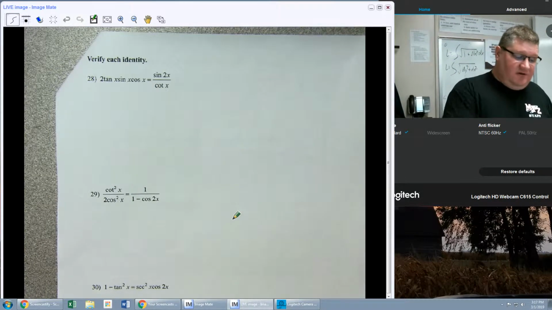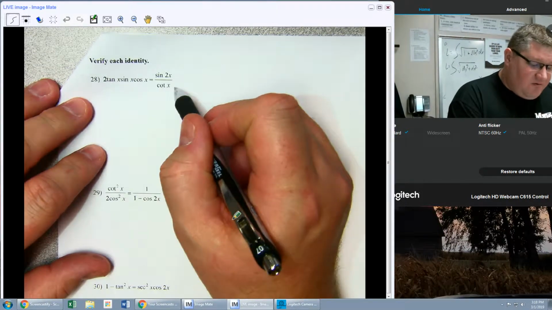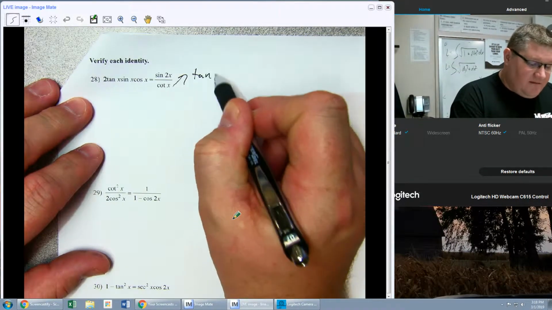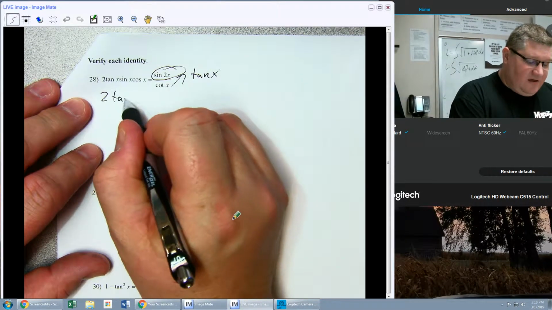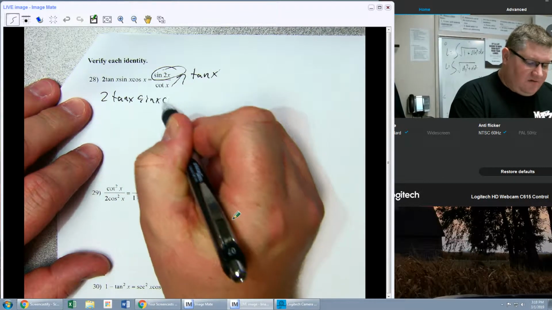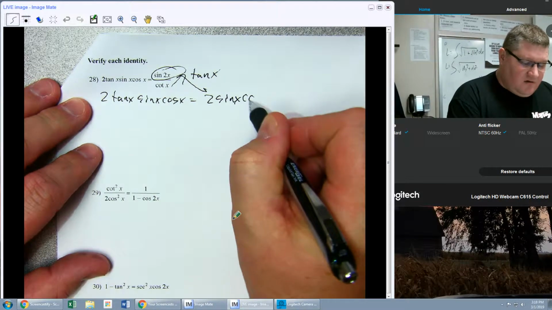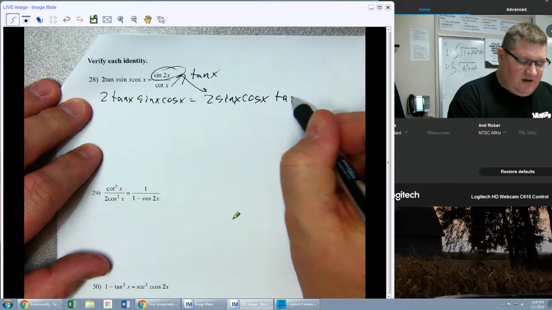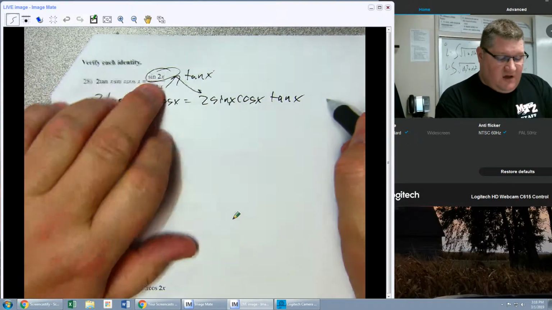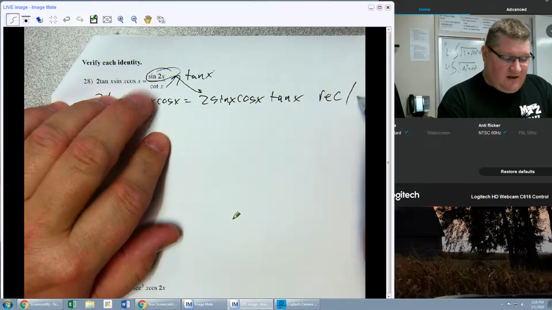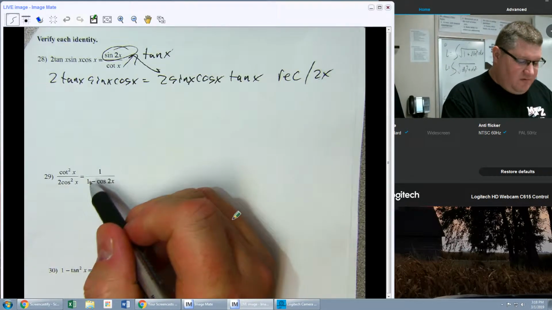Okay, well this one, do we have any properties that are just sitting there? The answer is yes, and no. Can I quickly move the tangent up to the top? Okay, and can I replace this with the property? So we got 2 tan x sine x cosine x equals. So this turns into 2 sine x cosine x times tan x. And well, honestly, it's done now at this point. So what did I use? I used a reciprocal property and I used a double angle property. All right, now with that one, moving on down,